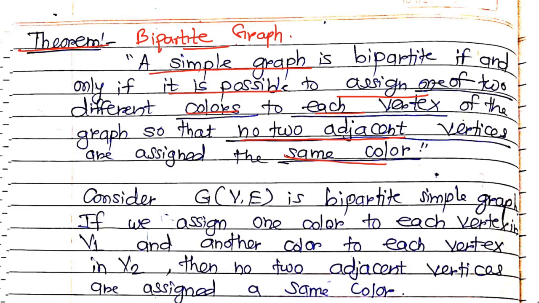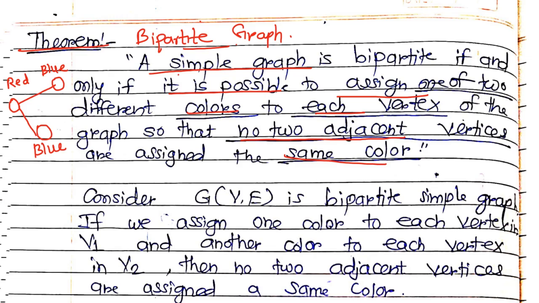You can call a graph a bipartite graph if, whenever you have an edge between two vertices, you are able to give them different colors. Suppose this is red and this will be blue, so this graph is bipartite. If one more node is here, you should give it blue color because it is a neighbor of the red colored one. So this graph is bipartite because we are able to give two different colors to the complete graph, assigning one of two colors to each vertex.